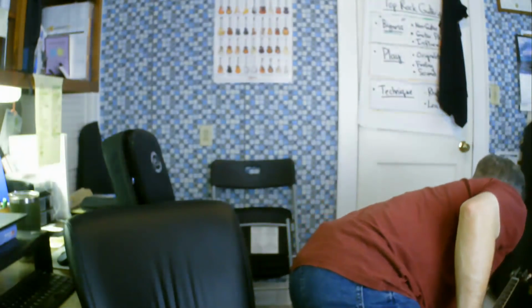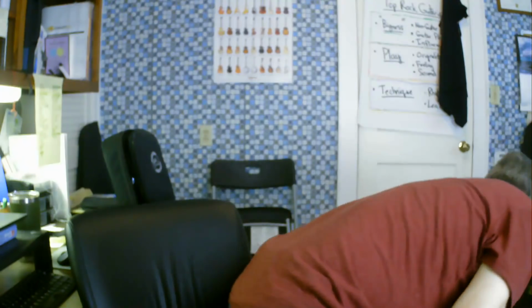The 335 overcomes one of the biggest difficulties of the Les Paul, and that is reaching the upper neck. And so that double cutaway allows you to do that. But obviously, that's there. Let's see. Here's another